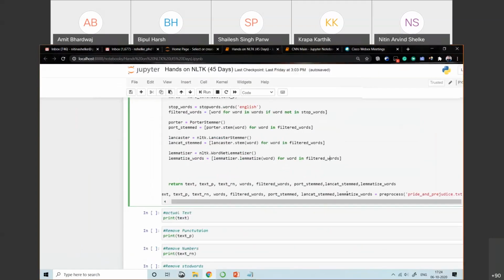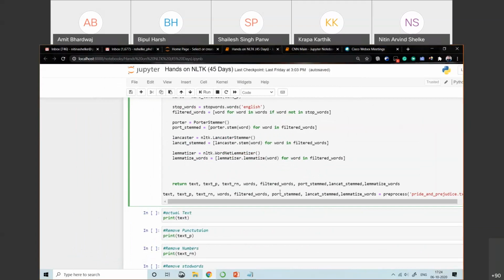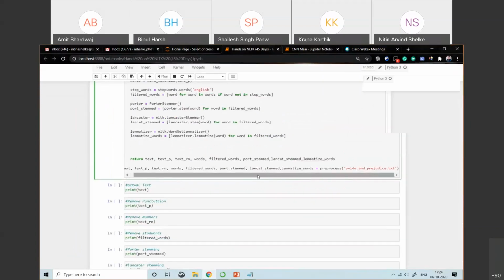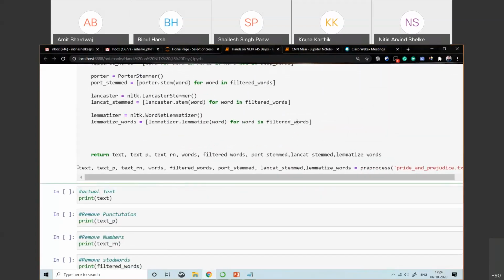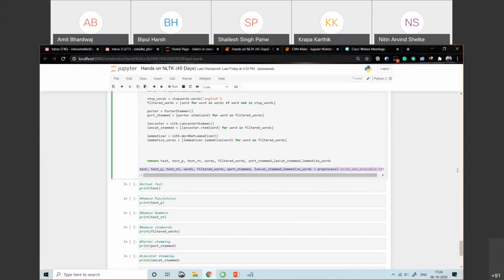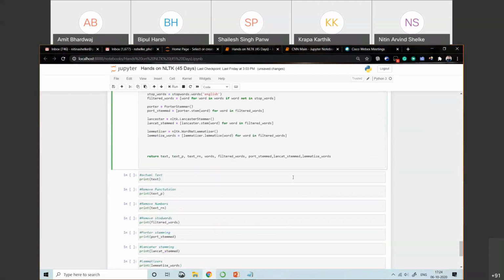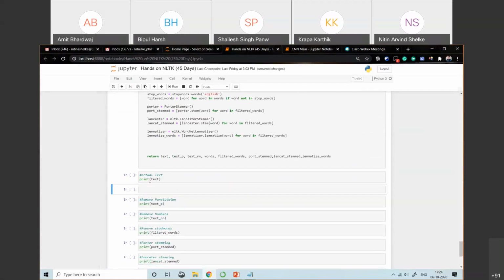Now this function returns these things, and then we pass, so I'm just copying this line, Control X. First I'm executing this function by pressing Shift Enter.